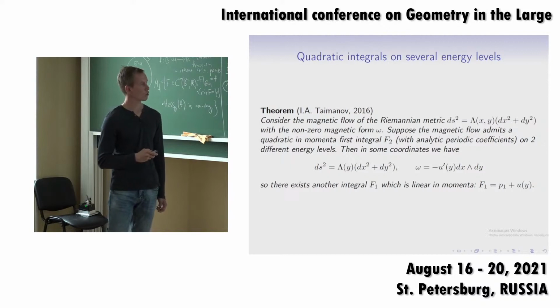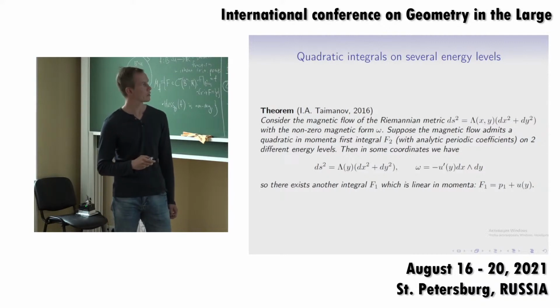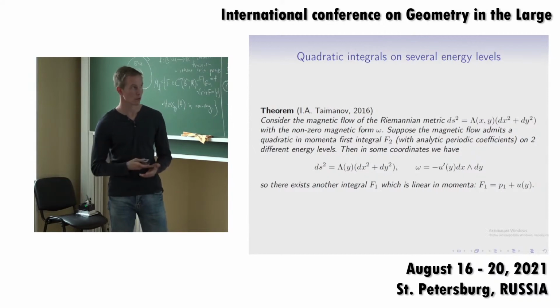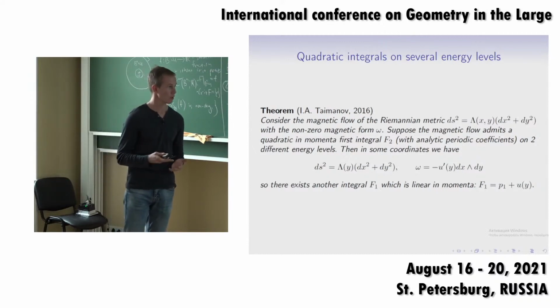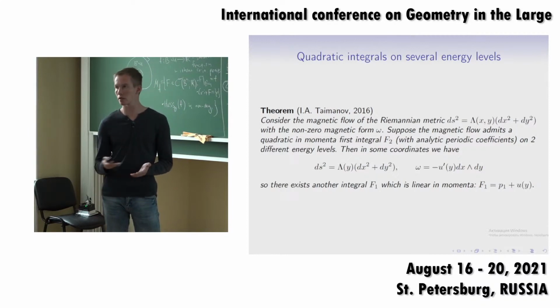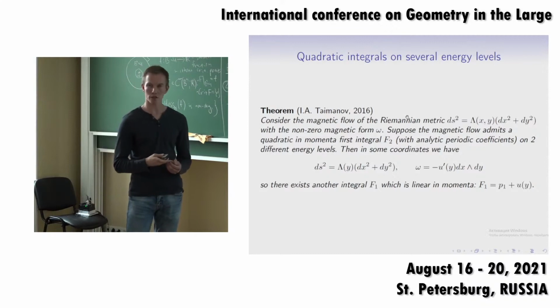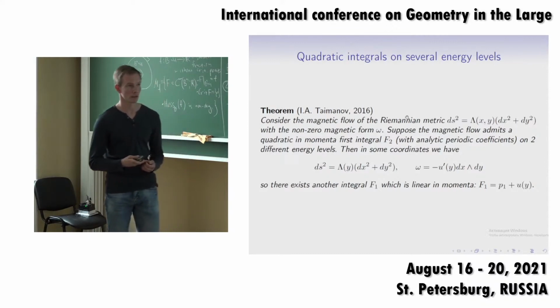I also would like to notice that integrability for the standard geodesic flow is equivalent whether we consider the integrability on a fixed energy level or on all energy levels, due to homogeneity. So different energy levels have the same trajectories up to reparametrization. But it is not true for magnetic geodesic flow, because dynamics changes on different energy levels.